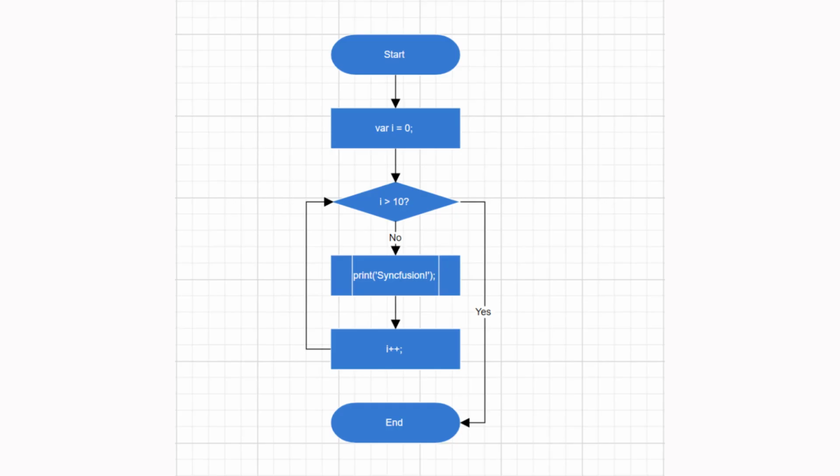Now, I will create a simple flowchart to print the word Syncfusion 10 times. To create a flowchart, I need to create nodes and connectors and link those nodes using connectors. Also, I need to define the default node and connector values for the diagram component first.